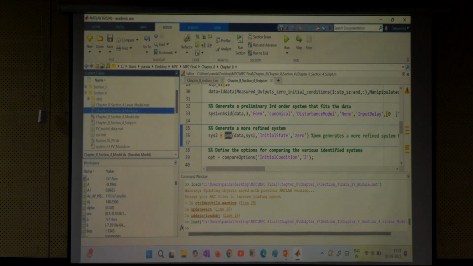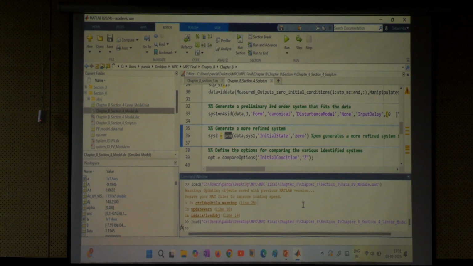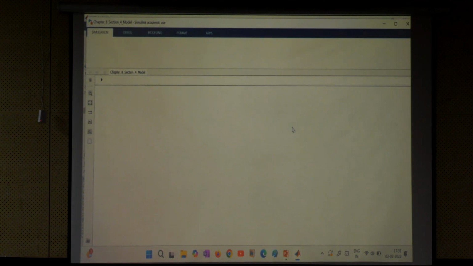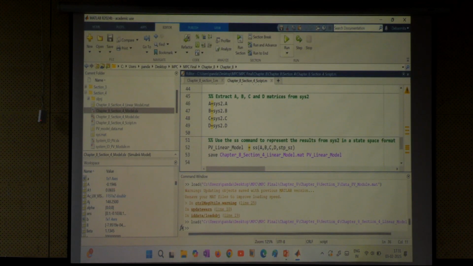Okay, because unnecessarily it will take time, means no use. And if you see here, I am generating the state space model of this one also. If you run this,